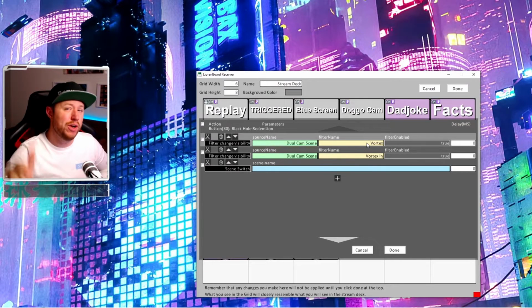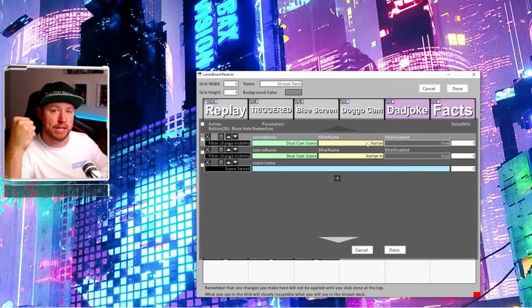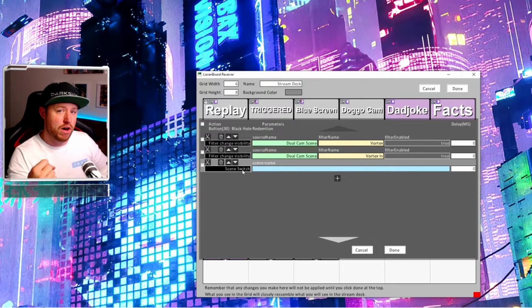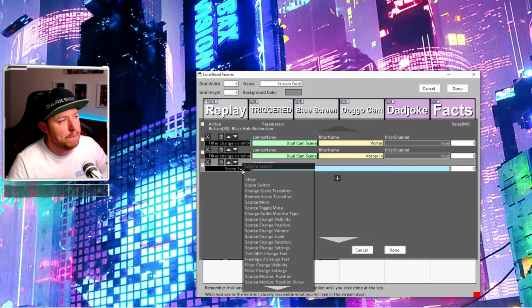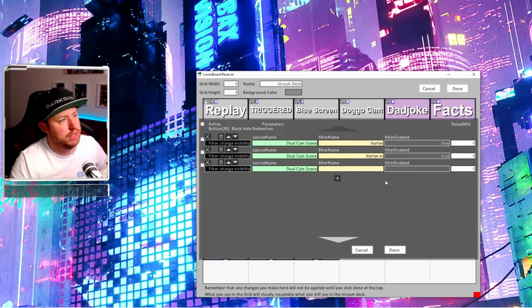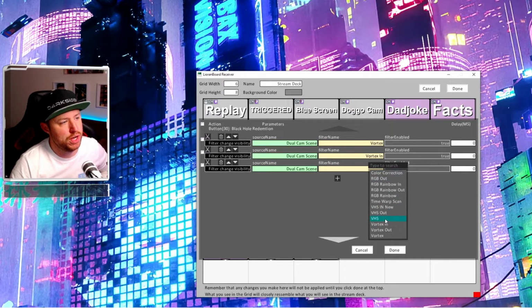terms of the eye. Now you don't have to do that. You can leave that on because it's already returned back to its original state, which is the webcam where it originally started with no effect on it. Now I just like to hide it because I have a number of filters built within this scene. So I'm going to do filter change visibility, dual cam scene, and then I'm going to do vortex false, and I'm going to do that after